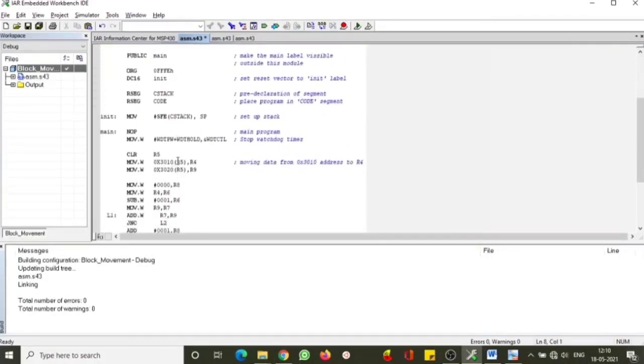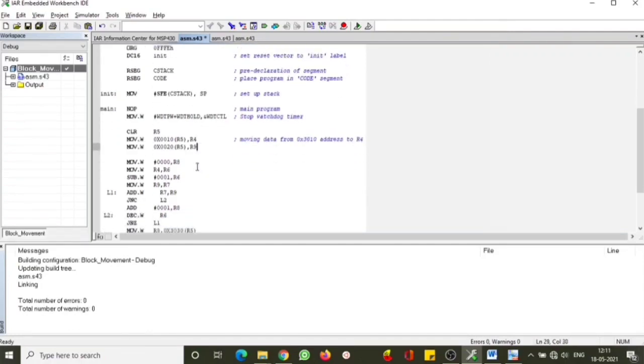Here we are taking two values: one value is moved into R4, the other value is moved into R9. Here we are using both R4 and R9. After moving the data, we initialize the value of R8 to 0, and R4 is moved into R6 because R6 should hold how many times we are supposed to add. We are subtracting 1 from R6, so R6 will be one less than the total count. Then R9 is moved into R7 because we are trying to keep the values of R4 and R9 as they are, not varying them, for future purposes.